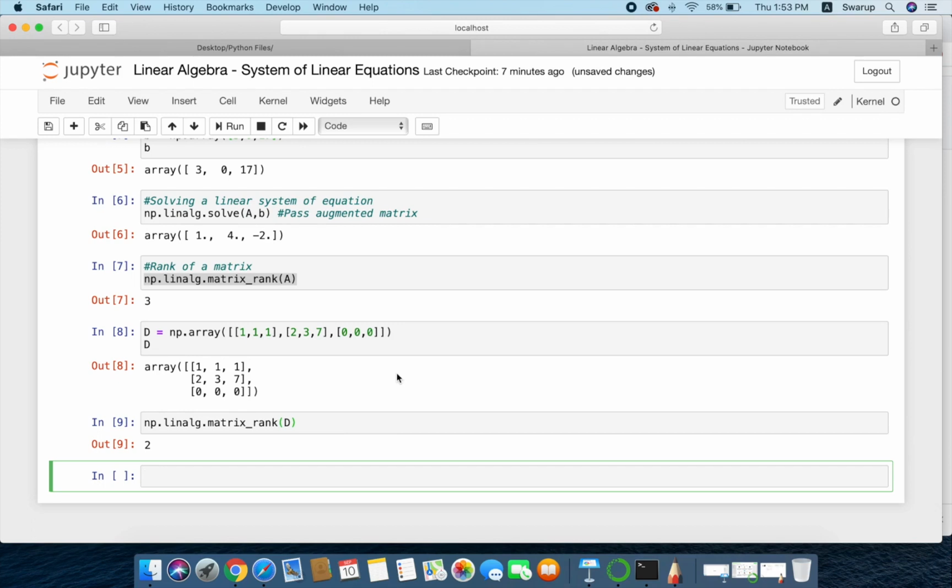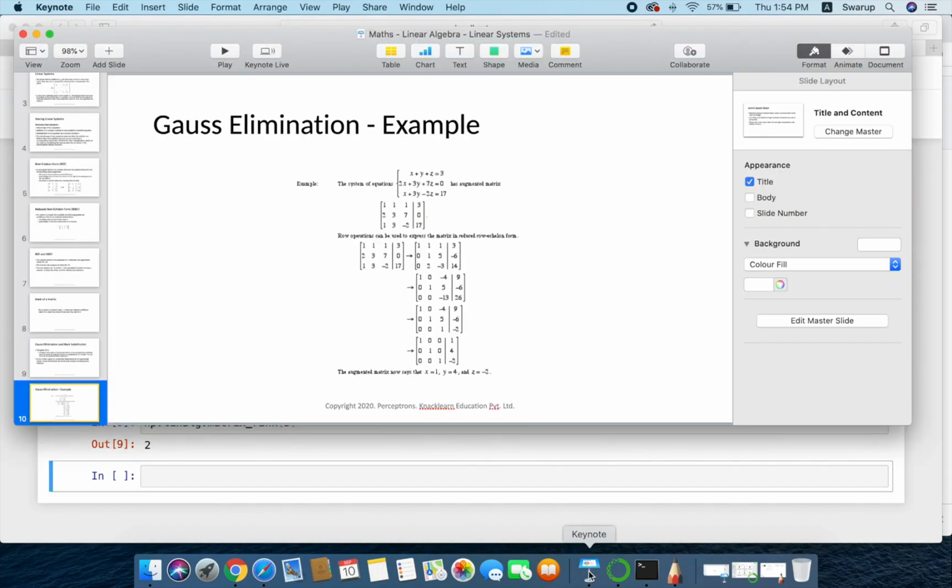So now here we saw how to find out the rank of a matrix, and also we saw how to do this Gauss elimination, solving a linear system of equations. So basically the rank of a matrix is the rows left after doing elementary row operations, okay, non-zero rows after doing the elementary row operations. You can also say it is the dimension of the vector space generated by its columns. It is the dimension of the vector space which is generated by its columns. So this is our rank of a matrix, and this one, that is Gauss elimination.